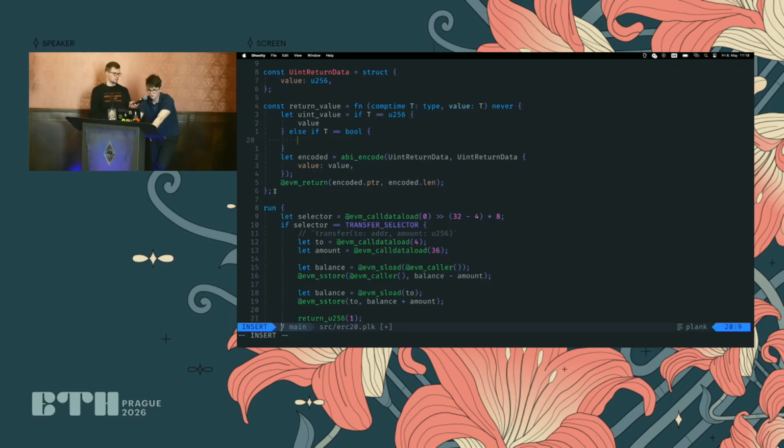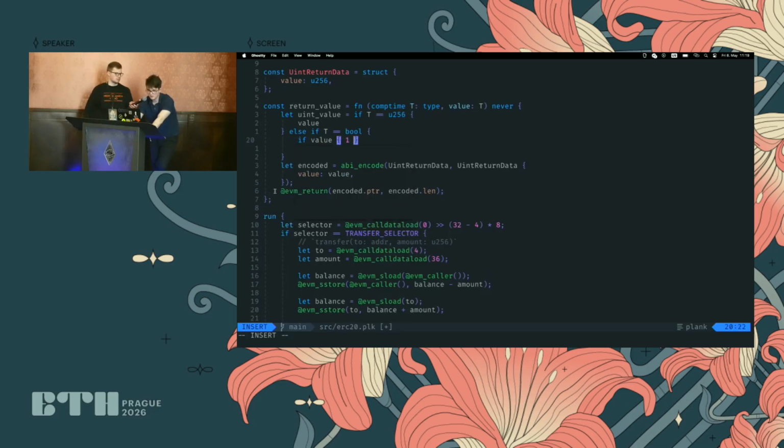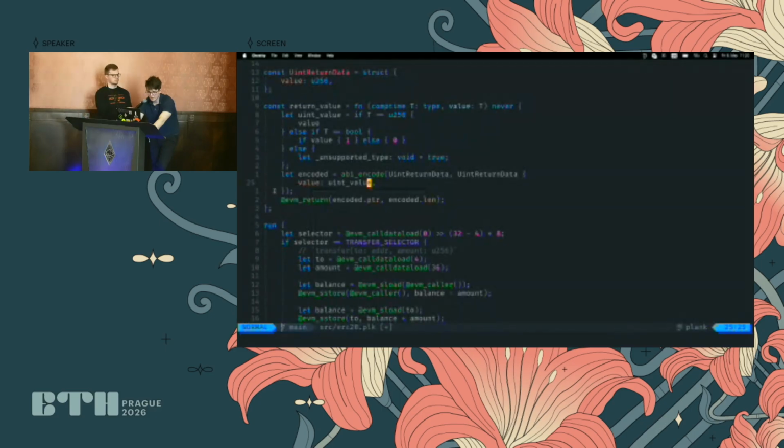make a reusable conversion here. So based on the value, we say 1. And then you just do uint value in here.